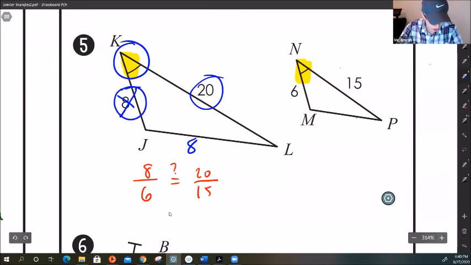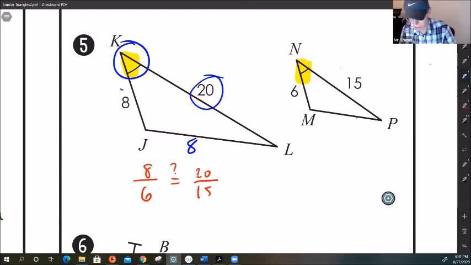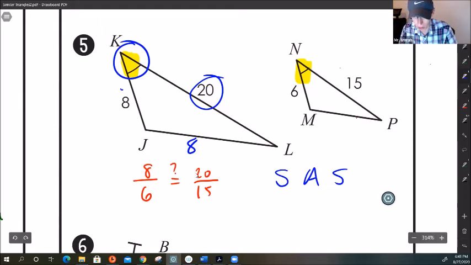Okay, so with these two given sides and the angle in between, the sides have to be proportional and the angles have to be the same. If this side was not there, but here, I would say that I cannot make any conclusion here. Okay, we will do a little bit of practice on those coming soon. Okay, so these sides are proportional, and the angle between them is equal, so by side-angle-side, I can state that